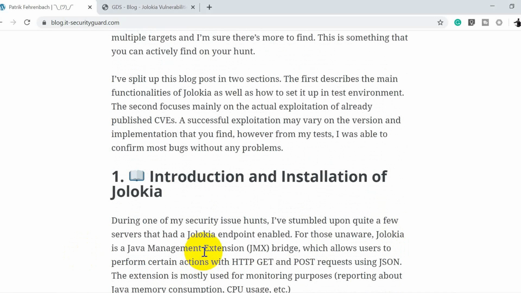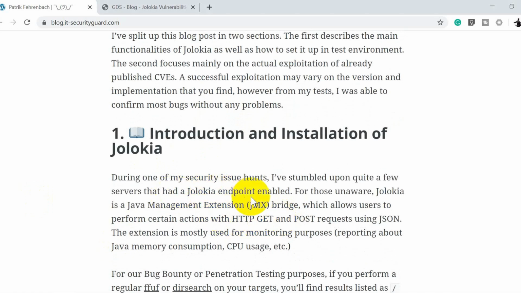If I scroll down, he says this blog post is in two sections. The first part describes the main functionality of Jolokia as well as how to set up the environment. We will not go through the environment setup in detail, I'll just skip through it in short, and then we'll understand this vulnerability. The second part covers how he was able to use those CVEs or known exploits to target this Jolokia application. For the installation, first of all, it needed Jolokia, which is nothing but a JMX bridge,